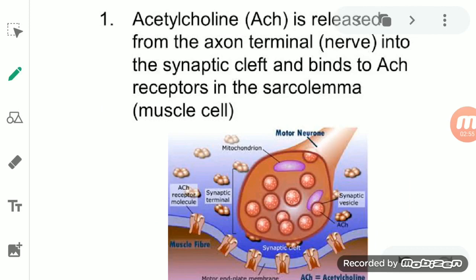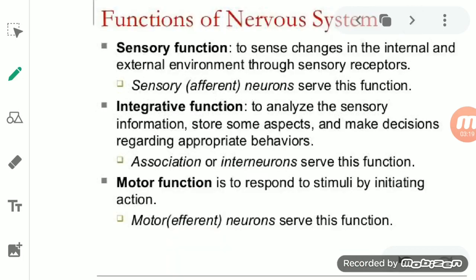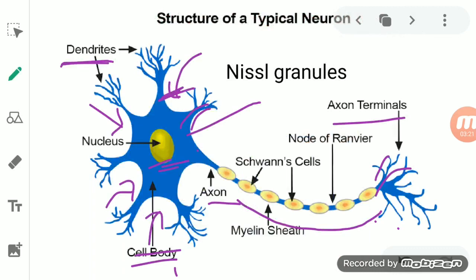When we talk about a neurotransmitter, students, it means a kind of substance which plays a very important role in the transmission of nerve impulses within the nervous system. So the axon consists of different kinds of neurotransmitters, and these neurotransmitters carry information and help in transmission of information in the nervous system. The axon we also call a nerve fiber.